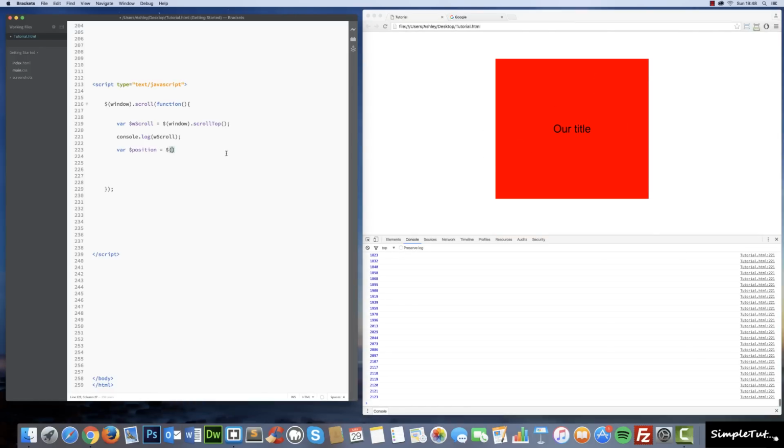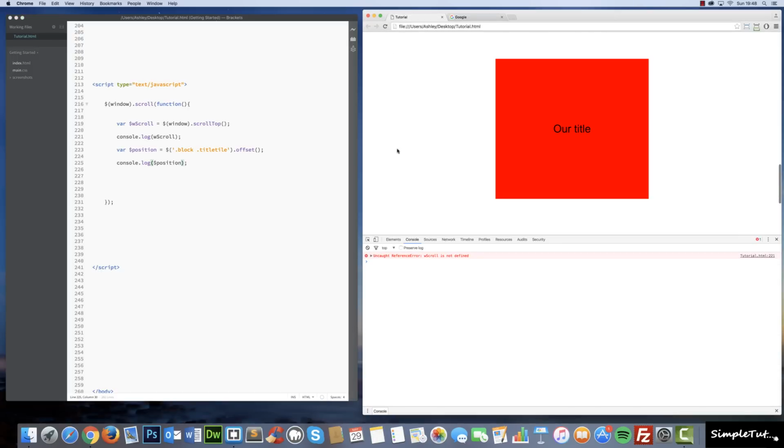So to find that out, what we need to say is find the offset, but this is going to provide us with more than we need. So if I show you, if I do a console log of this particular variable, so a console log of position,